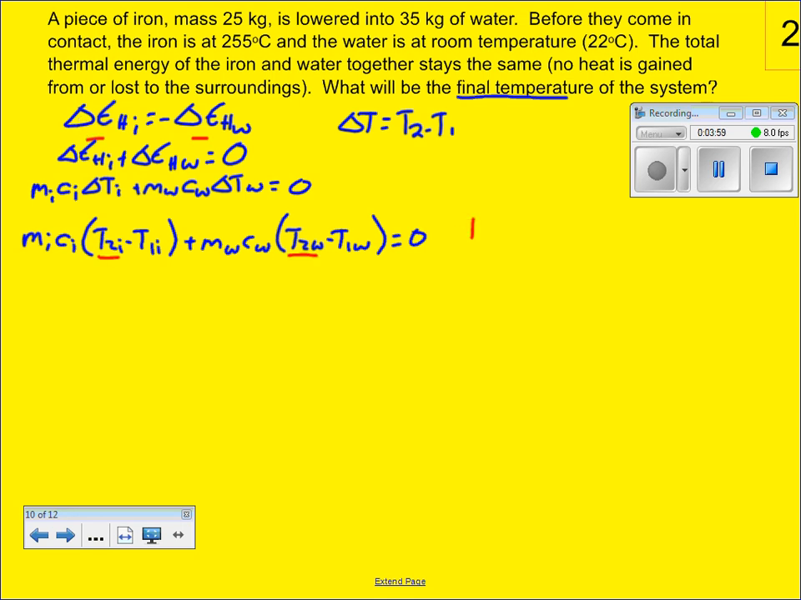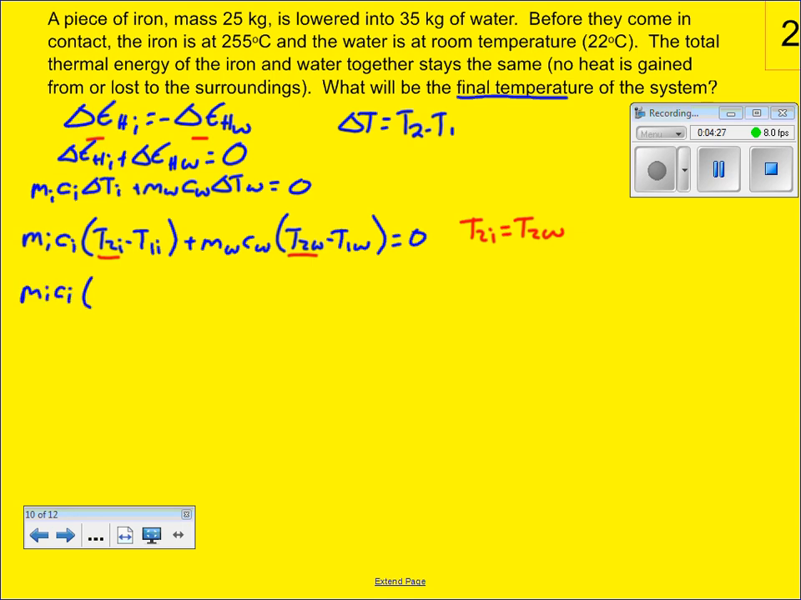And I'll point out right now, T2 iron is going to equal T2 water, because I said that heat transfers from the hotter substance, higher temperature, to the lower temperature. Well, if the temperatures are the same, that's when the heat stops transferring. And we're looking for the final temperature. So when the heat stops moving, what is the temperature of the whole system? So those two values are the same. So we can rearrange this a little bit more and say